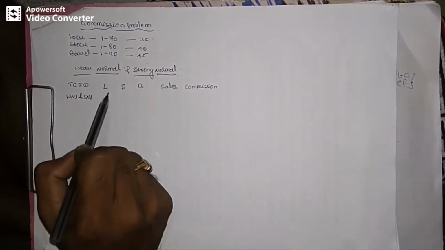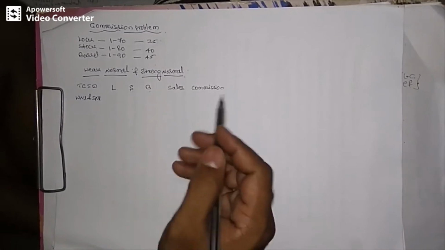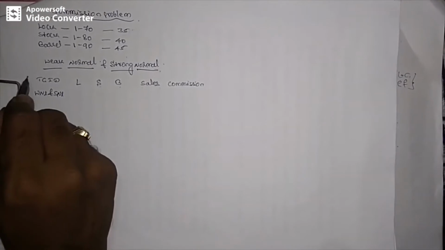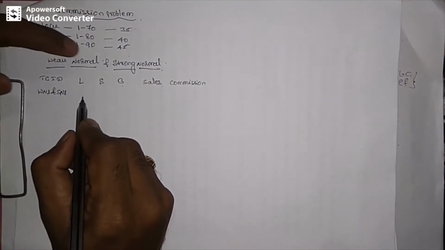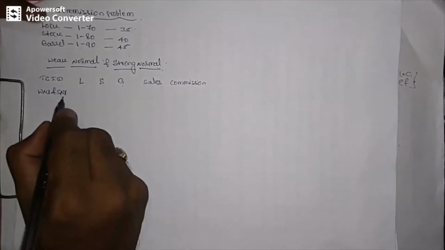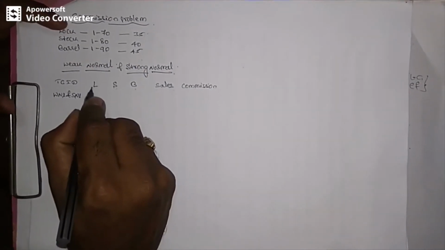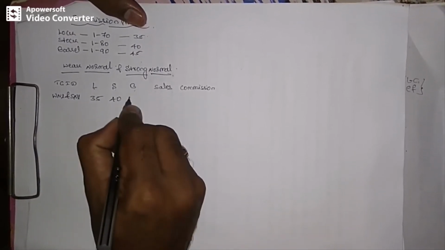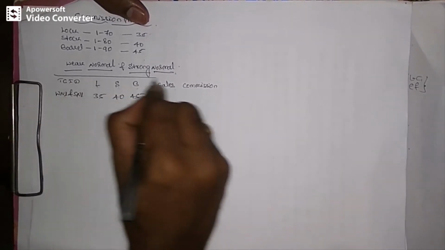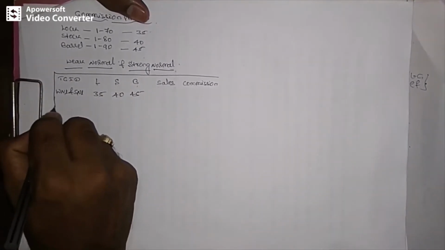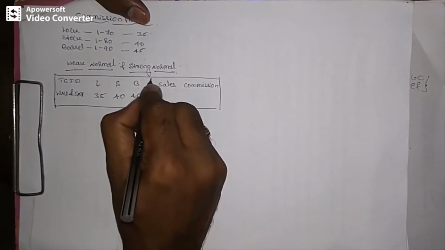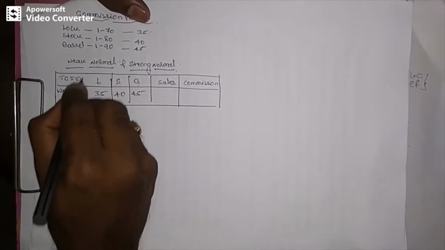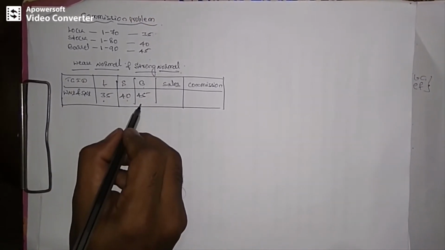So if I am giving valid input for lock, stock and barrel, then only one possibility of output result is going to be generated. Therefore, only one test case will exist under the commission problem for weak normal and strong normal. Let us consider the nominal values 35, 40 and 45. This is the input which I am specifying under the weak normal as well as strong normal test cases.